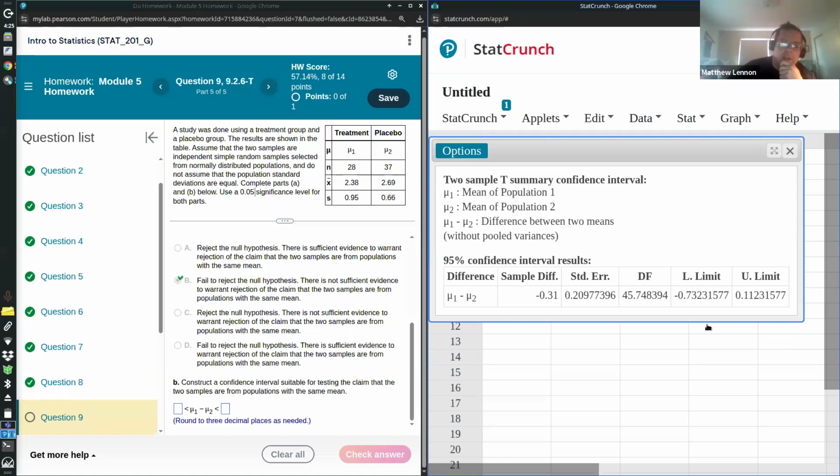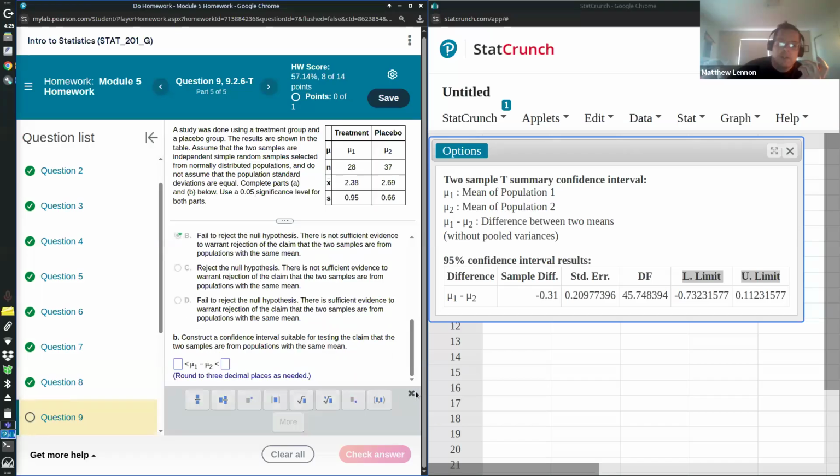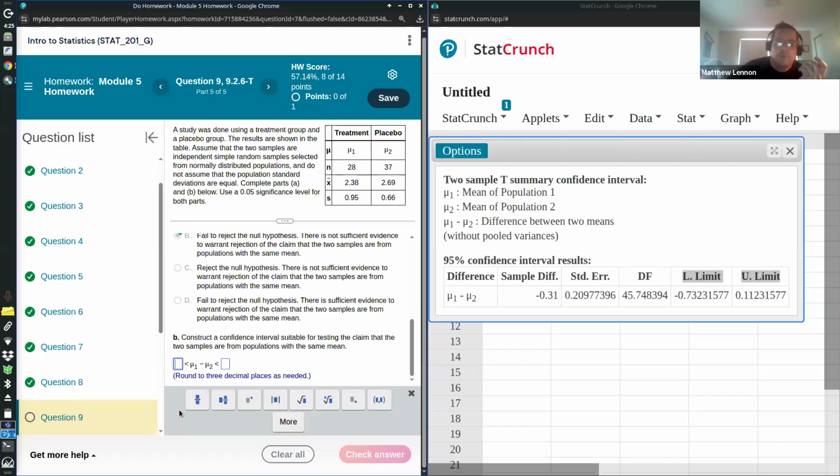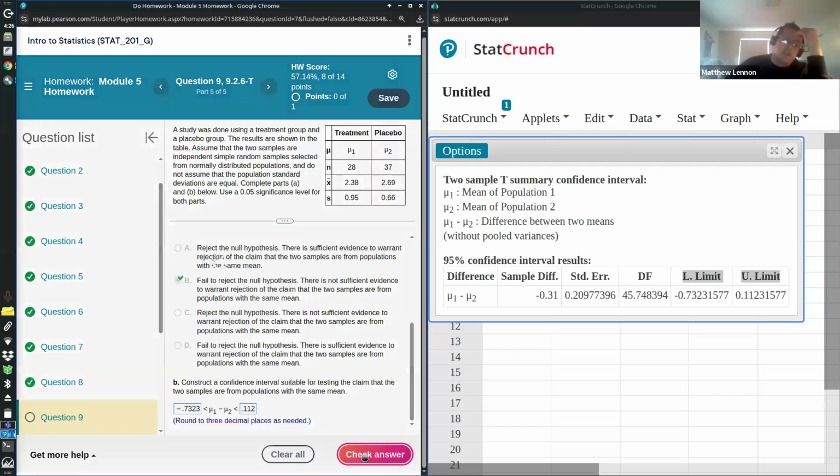So I compute that. And then I'm just entering lower limit and upper limit. And it says 3 decimal places, so I need to make sure to do that as well. So negative 0.7323 and 0.112. Which aligns with our notion of fail to reject because it contains